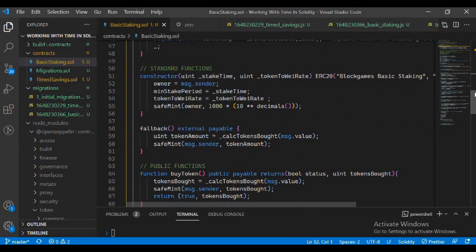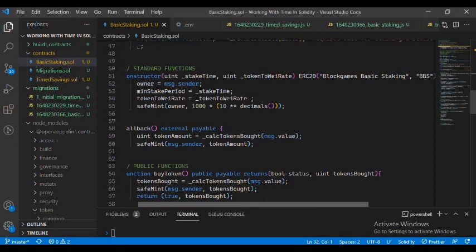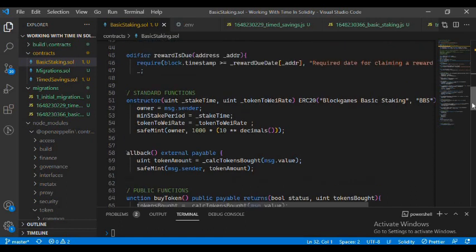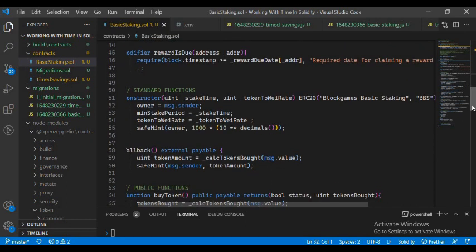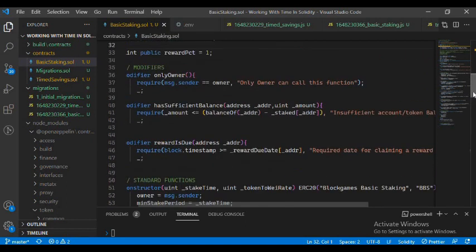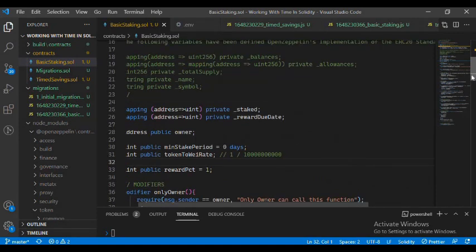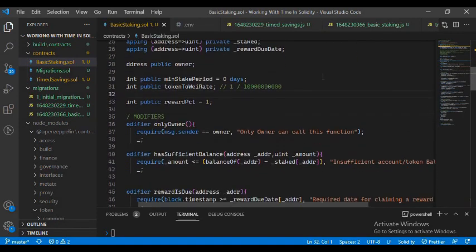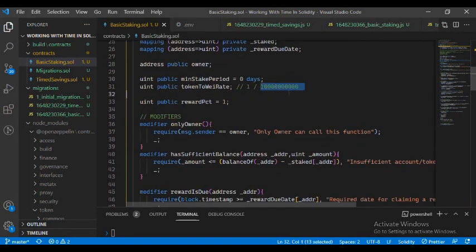For our standard functions, we're going to have a constructor and a fallback. Our constructor is going to take in 2 parameters. First one is stakeTime, which is the same thing as minimum stake period. Then we take in tokenToWeiRate, which is the exchange rate of token to wei. This is configurable when we are deploying. But for the sake of this task, we're going to use the value based on our question, which is 1,000